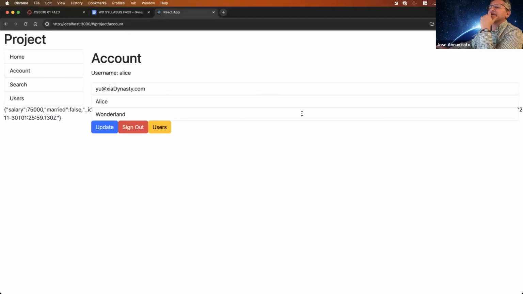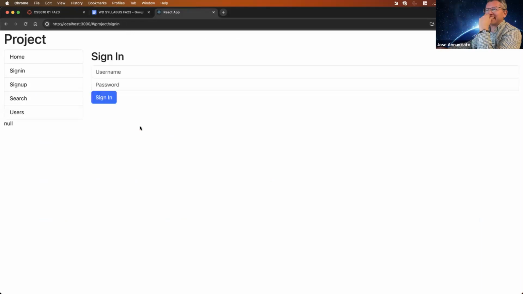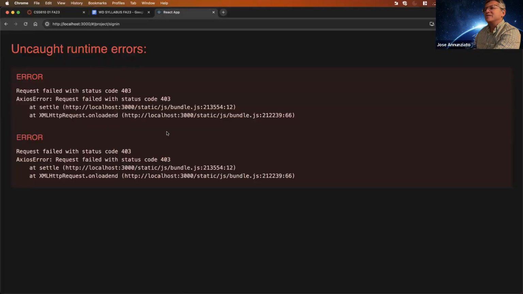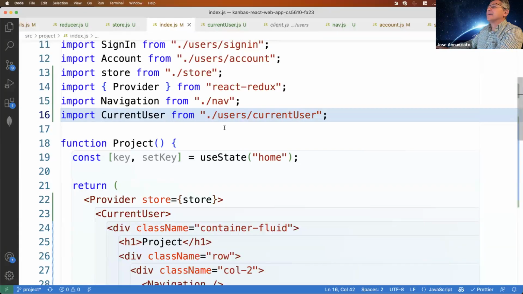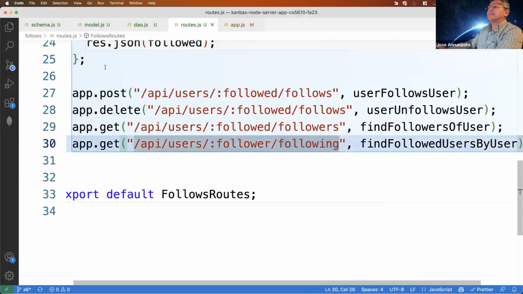There we go. So yeah, I am logged in. Now if I sign out, it's null. If I refresh, it's 403. And this is because the account route is protected, saying that you can only see that route if you are logged in.